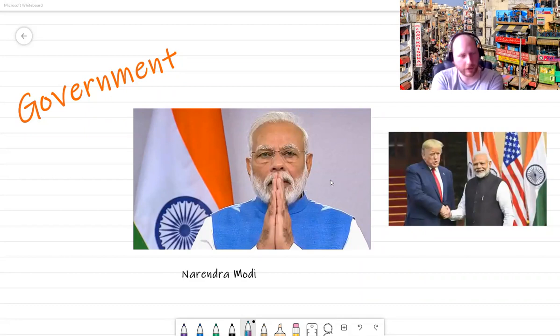Now, back in February, Donald Trump, Prime Minister of America, yeah, love it, love it. He came over to India and he met Narendra Modi and gave some speeches. And as that happened, a lot of Muslim people, who are another big religious group in India, came out to protest against Donald Trump, because Donald Trump has made it very hard and, in fact, impossible for some Muslims from some countries to come to America. Yeah, which everyone sees as unfair, or at least Muslims see it as unfair, and most other people, but not everyone. I'm sure Donald Trump thinks it's fine.